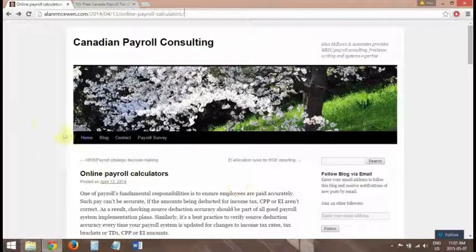All right, I'm going to go over how to use the payroll calculator online. You won't be able to use this for the provincial exam, of course, but for the course and in general, it's a good thing to know how to use because you will be able to use it in real life. If you do Google searches for Canada Payroll Consulting or Canada Payroll Calendar Calculators, you can find this site,